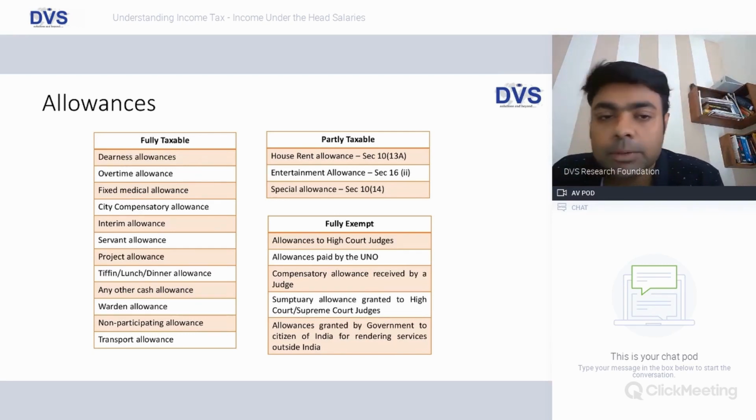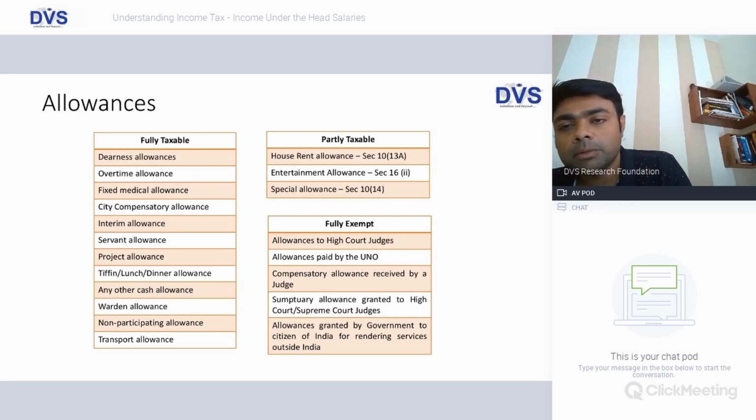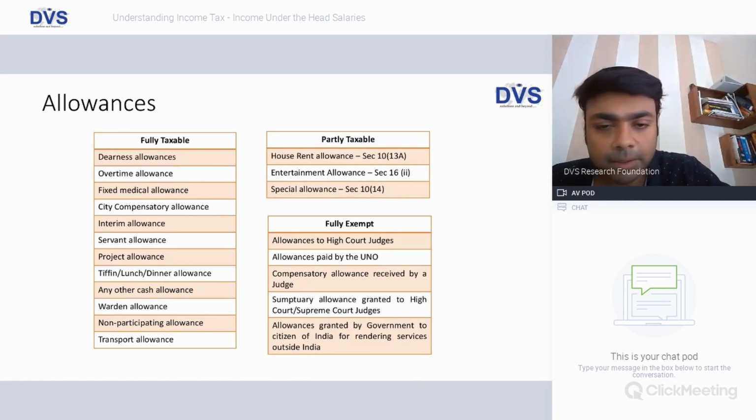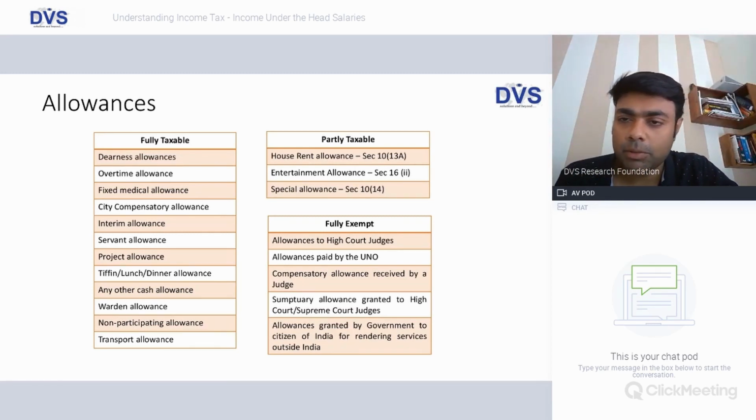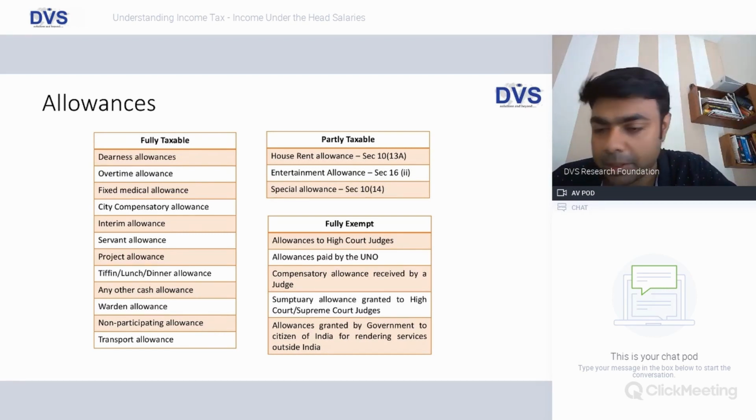Now let's look at the case for allowances. Now before I get into allowances, let's have a conceptual understanding. Salary includes whatever is a cash emolument which someone receives, which is typically as basic as DA and all those things. Then allowances could be for monetary payments for very specific expenses. It could be travel, it could be research, it could be for lunch, whatever you call it. Some of them are exempt, some of them are partially exempt, some of them are fully exempt.